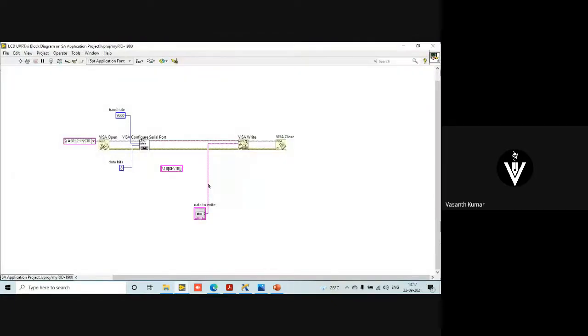What I do is set it to be a normal application, like how it's supposed to be. Copy paste the same write command.